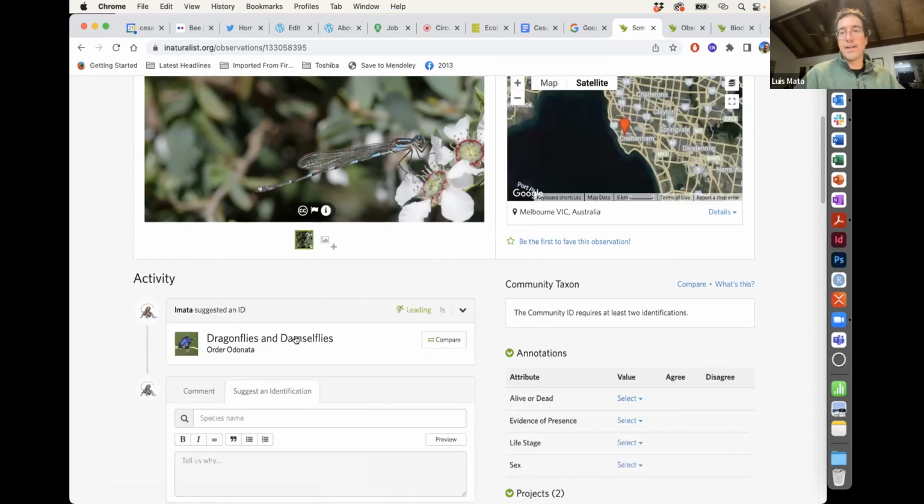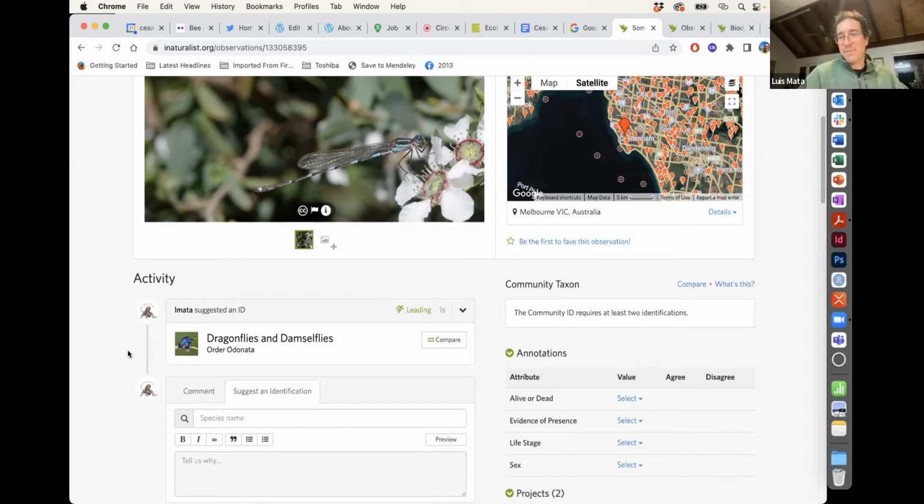Now I can safely say that I have curated my image because I have provided that level of identification that I am comfortable with, that I am 100% sure this is either a dragonfly or a damselfly, right? Some of you might know whether it's a dragonfly or a damselfly. And maybe some of you already know the genus or the species. So I hope that you would log in and find my record and contribute that,